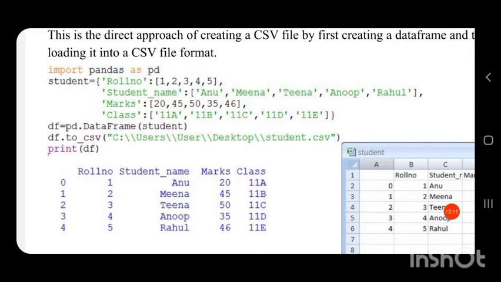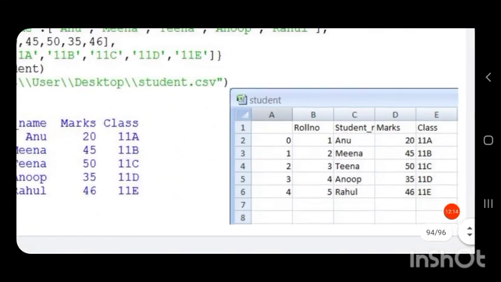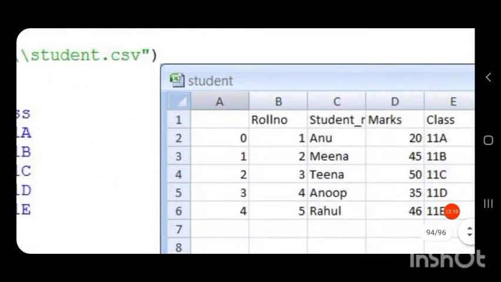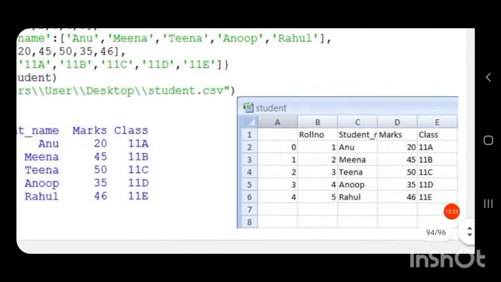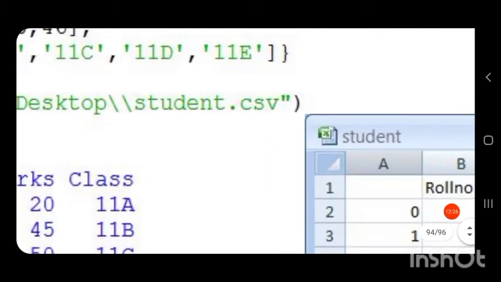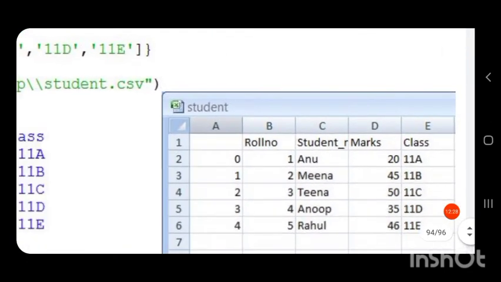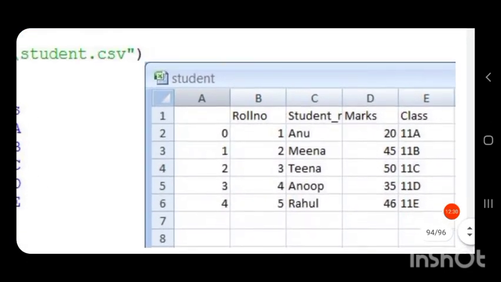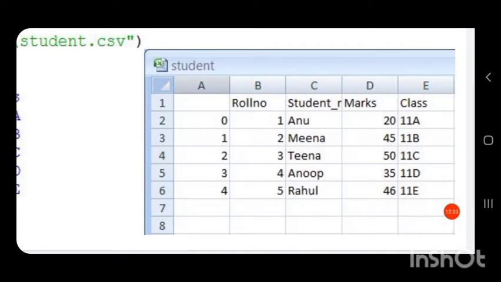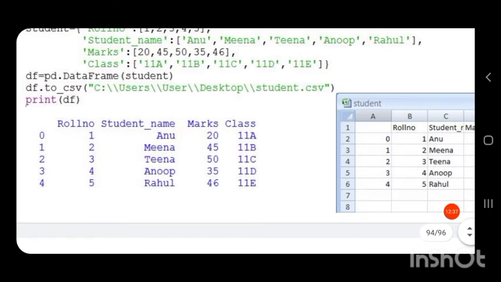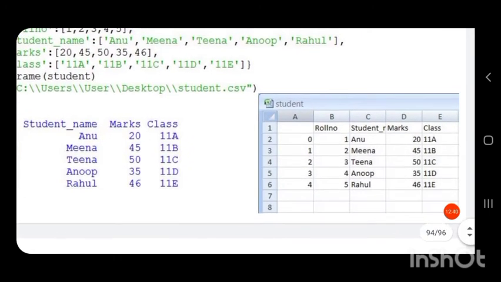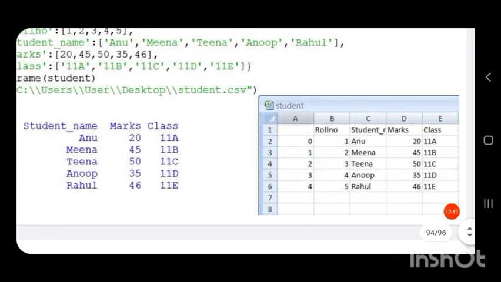After we have created a CSV file from this data frame, you can see a CSV file is created and its name is student, because we have given student.csv here. It has the column names that we specified in the data frame: roll number, student_name, marks, class.